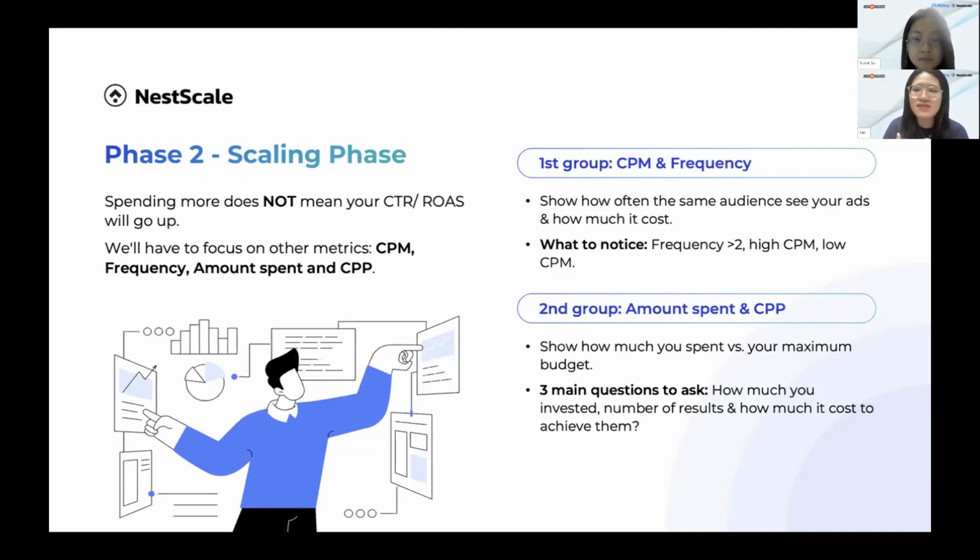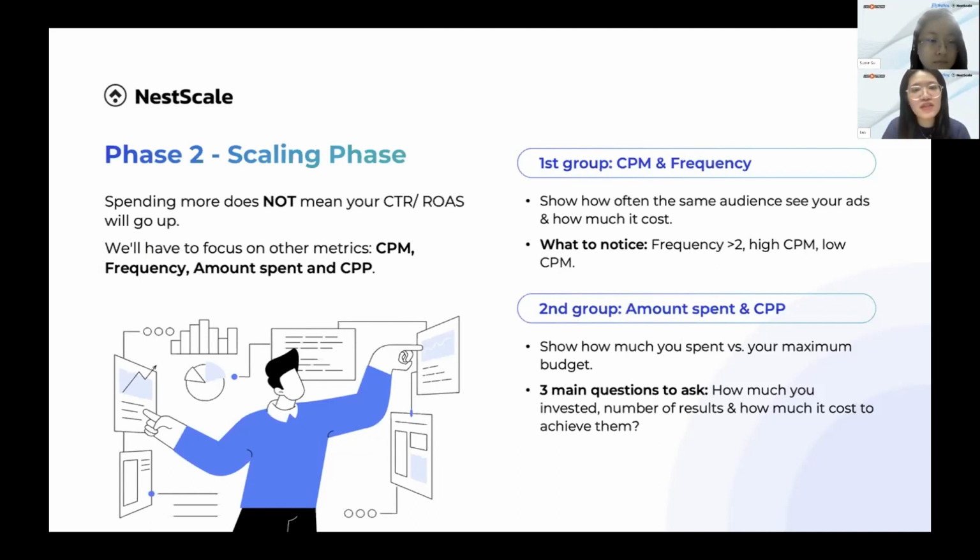If your CPM is low, it means that your ads are being shown as top of funnel ads to a wider audience, which makes it cheaper. If your CPM is high, however, then it signals that your ads are being shown as bottom of funnel or retargeting ads to a smaller audience, which is why it is pricier. So if your frequency rises, it's likely that your CPM is going up too, since you're bidding to reach the same group of users repeatedly.